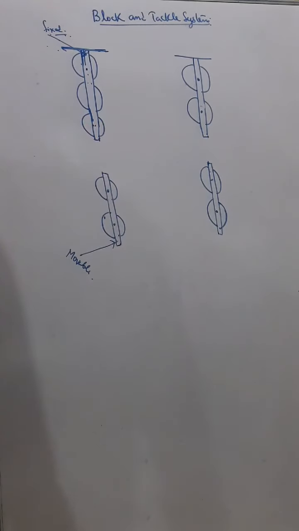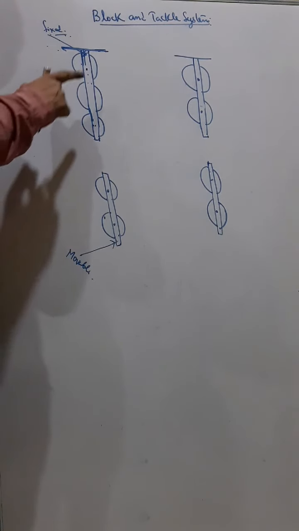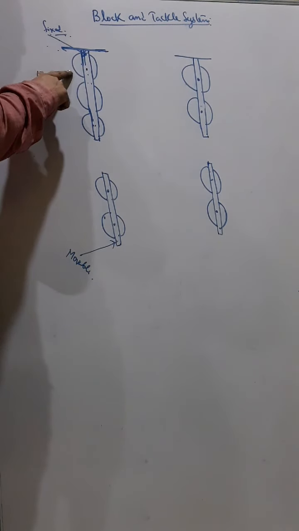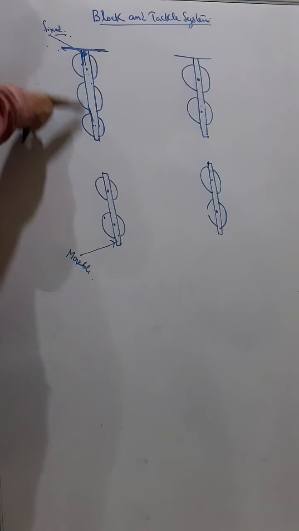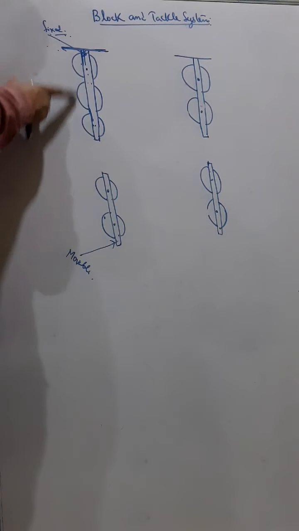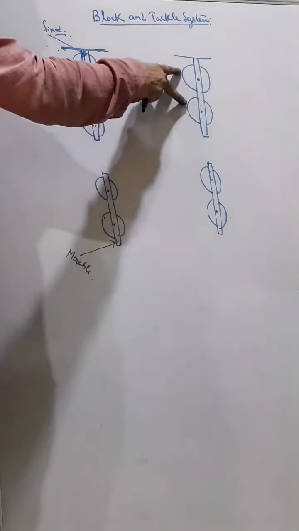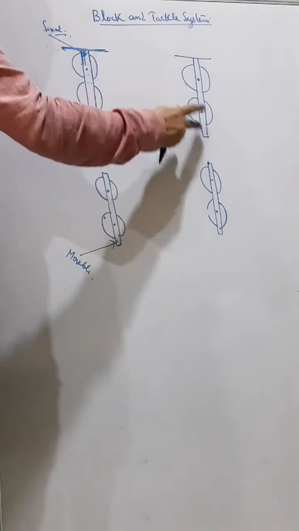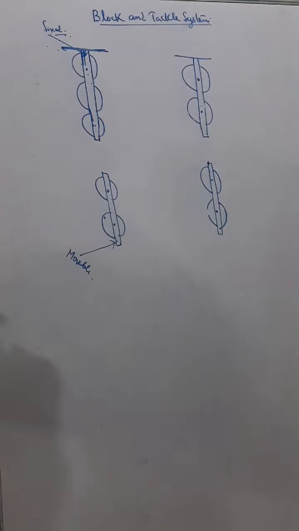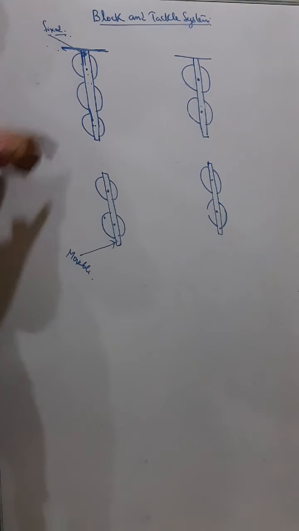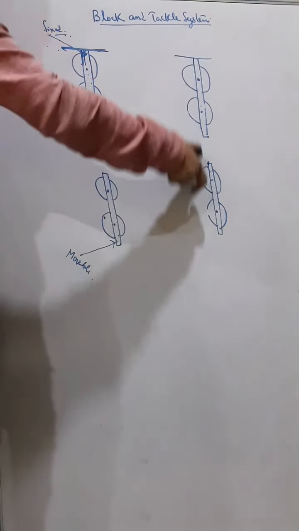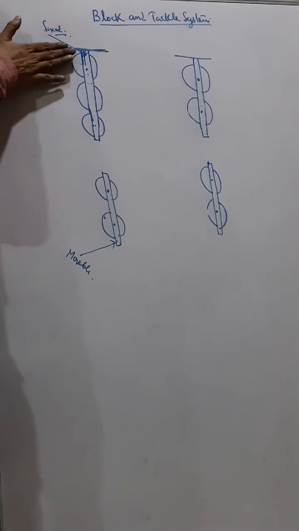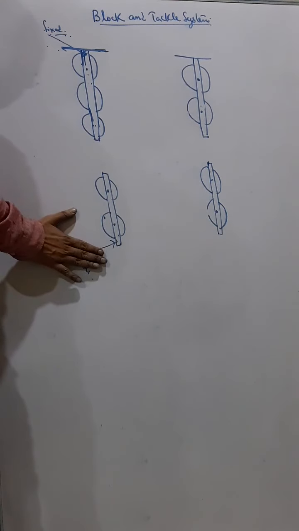movable. And another thing you have to remember, the upper block may have one pulley more or equal number of pulleys compared to the lower block. Understand? One pulley more. The upper block can have one pulley more, or it can have equal number of pulleys compared to lower block. So that means if there are 5 pulleys, then it will be 3:2. If there are 4 pulleys, then it will be 2:2. If there are 7 pulleys, then here it will be 4. The lower will be 3, like this.